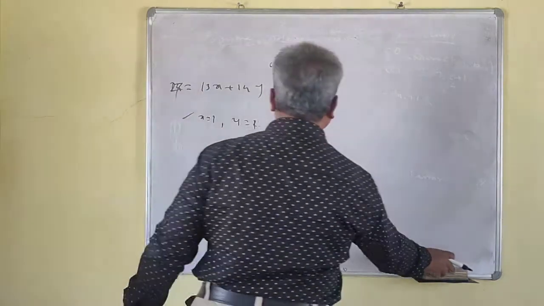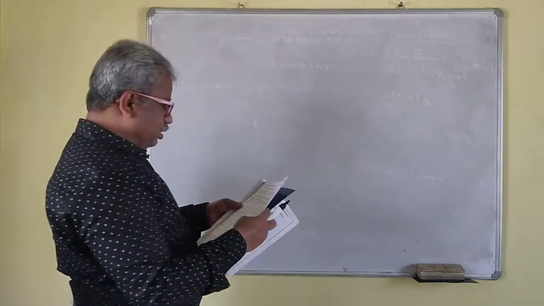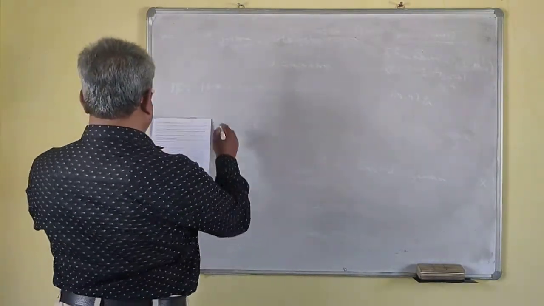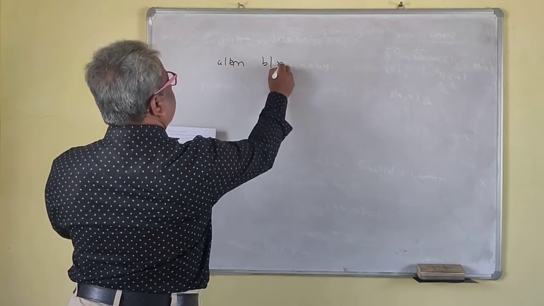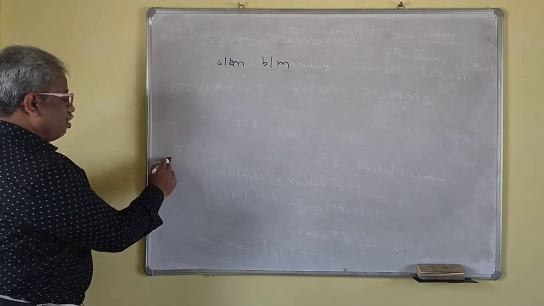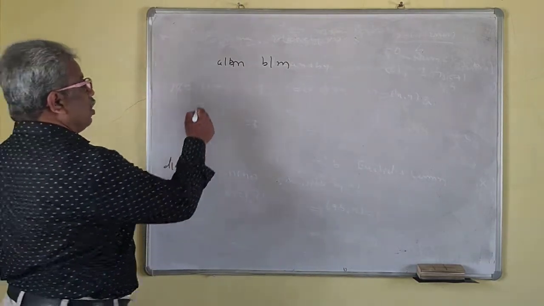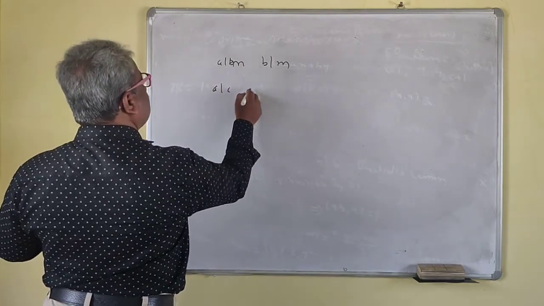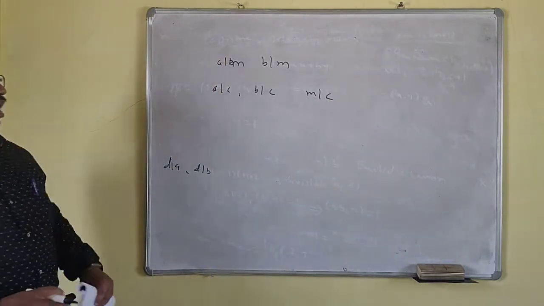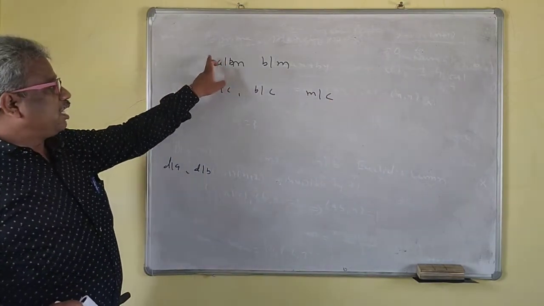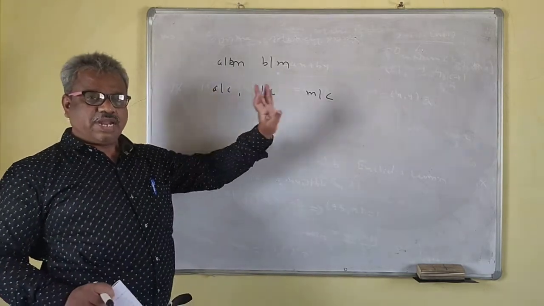Now, after that, you have seen the LCM. What is the LCM? A divides M, B divides M. For the GCD, D divides A and D divides B, so it is a common divisor, while this is a common multiple. The second condition: A divides C, B divides C, then M divides C. For the GCD, the opposite: D divides A, D divides B, and if C divides A and C divides B, then C divides D.